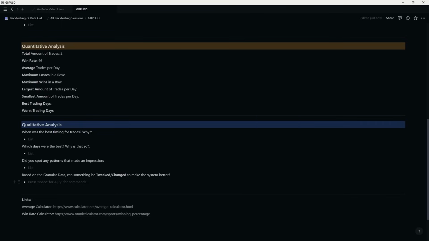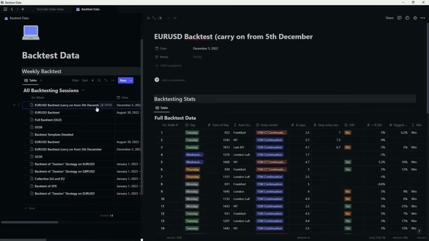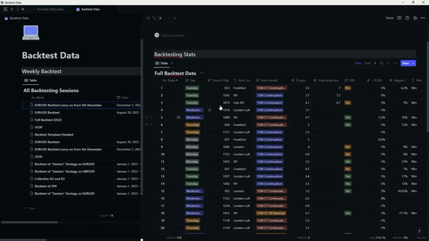So again, I'm going to go right now and show you some of my backtesting data so that you can actually see how a filled chart is going to look like. So for example, here are some of my backtesting journals right there. Until I switched to FXReplay, I was definitely using TradingView. So again, if I click on one of these, you're going to see a lot of data. There it is, exactly the same thing that I'm sharing with you: the day, the time, the session,